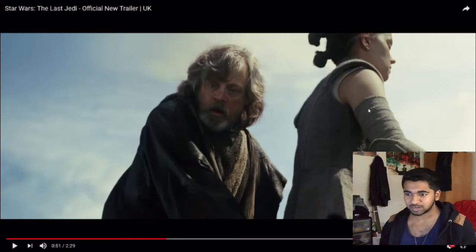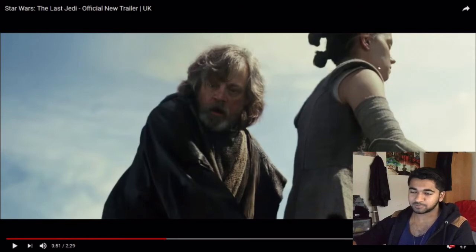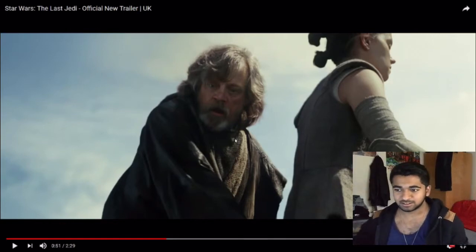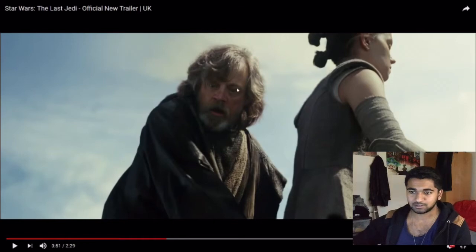Because this is just a random girl that I assume he's never met, but maybe that's wrong. She's come to him looking for help with learning the Force, because she's just found out that she can use the Force. And here he is, probably guiding her on some kind of meditation or tapping into the Force a little bit. And she's cracking rocks. This looks like so much more power than he's ever seen before, except for one other time,